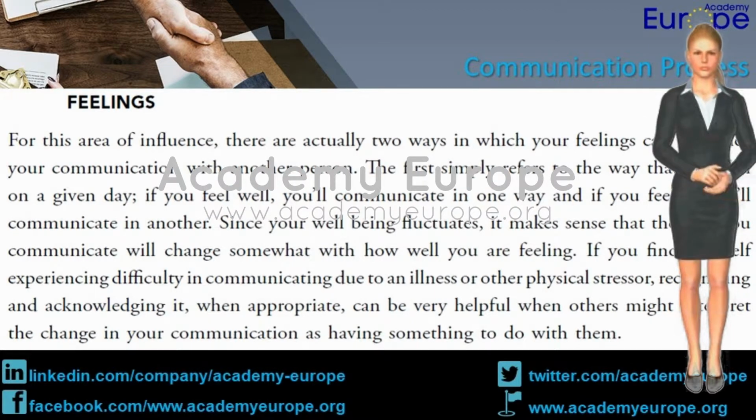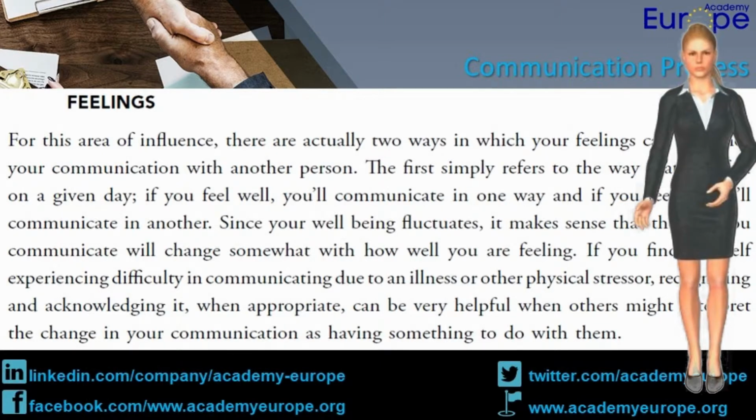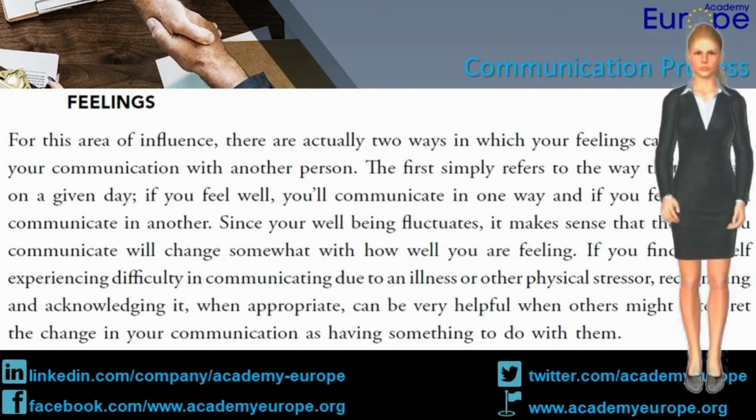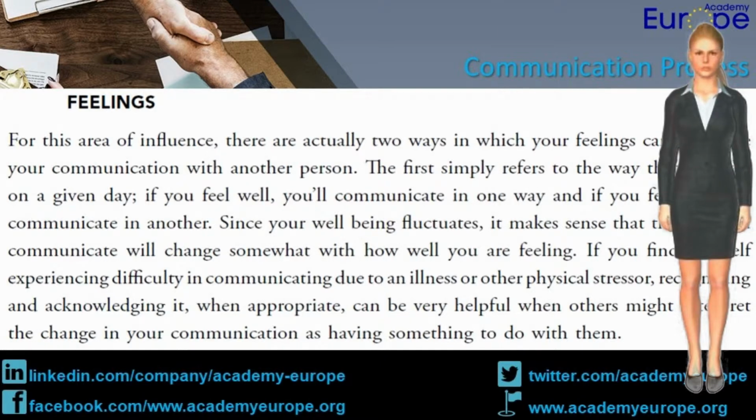For this area of influence, there are actually two ways in which your feelings can influence your communication with another person. The first simply refers to the way that you feel on a given day. If you feel well, you'll communicate in one way, and if you feel ill, you'll communicate in another. Since your well-being fluctuates, it makes sense that the way you communicate will change somewhat with how well you are feeling. If you find yourself experiencing difficulty in communicating due to an illness or other physical stressor, recognizing and acknowledging it, when appropriate, can be very helpful